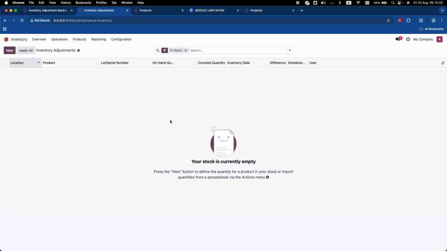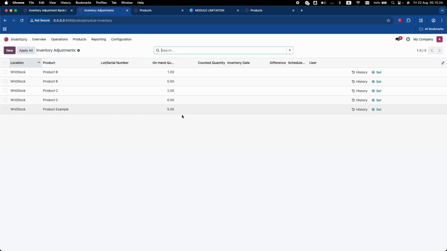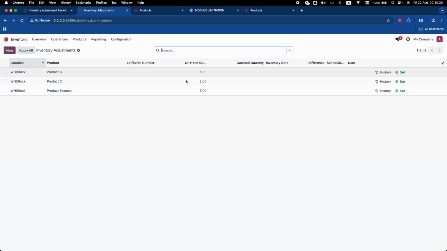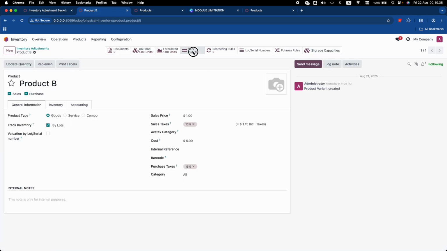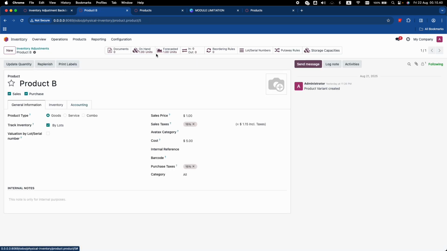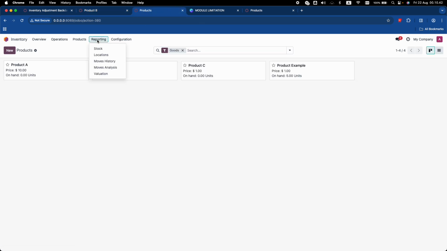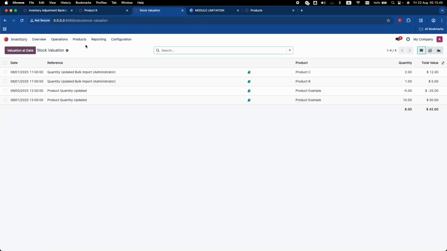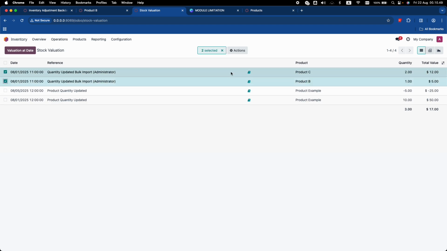Let's try to apply it, and we'll show you that the stock is now applied. Okay, this stock is applied on the corresponding date. So let's check the product B. Right, this has been changed, and inside the inventory valuation, if we see inventory reporting valuation, we have these two